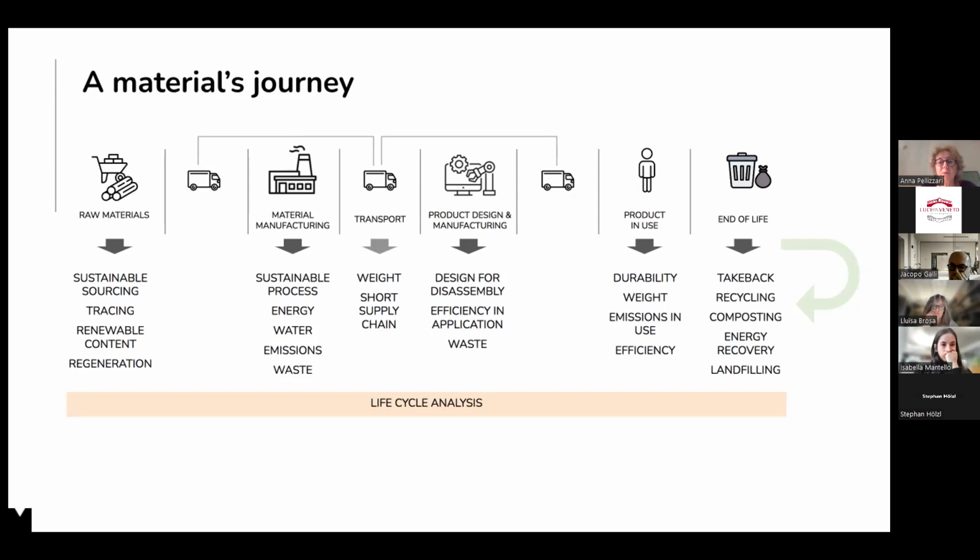Then there is the product design and its manufacturing. In that case, it's more design focused and process focused. So how the material is used: design for disassembly, efficiency in application. There are some materials that are designed, and we will see some examples, to be more efficient, for instance, to require